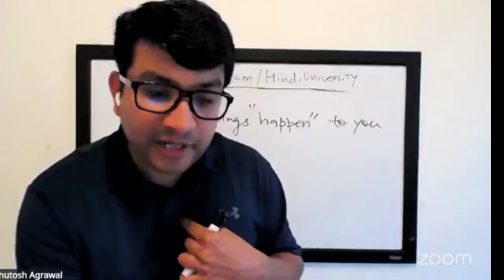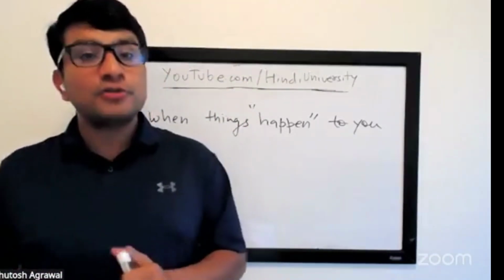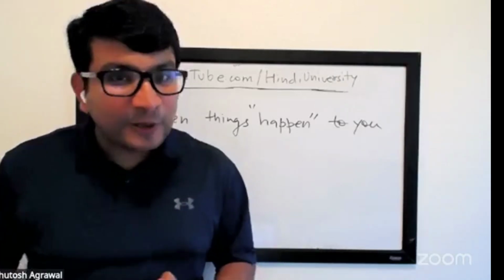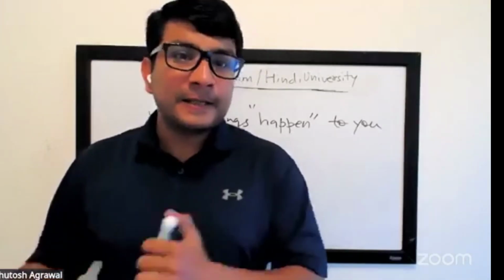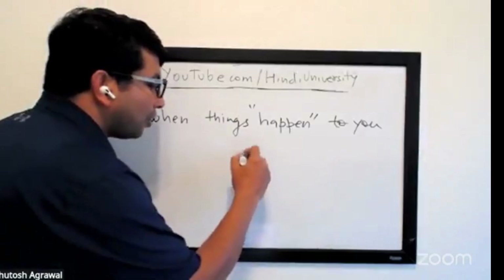So in English, there is a notion of "it appears to me" or "it seems to me," but you often don't really write it, it's implied, right? But when it comes to Hindi, you have to make it very visible. Hindi makes it very, very obvious. And how does it do it? You end up using the word called ko.